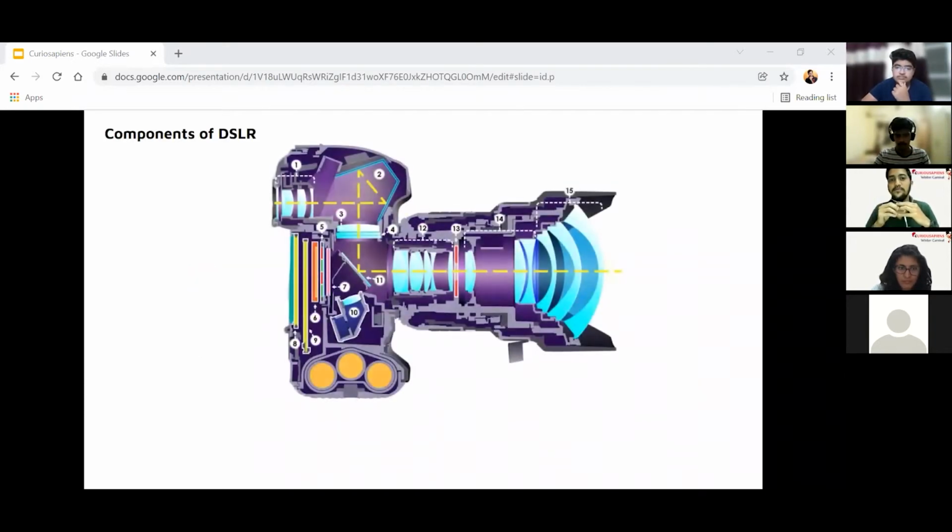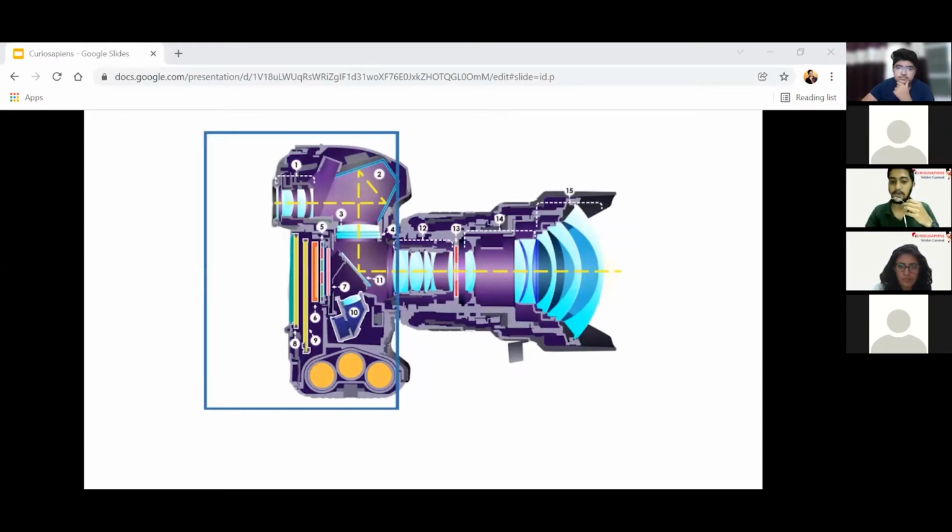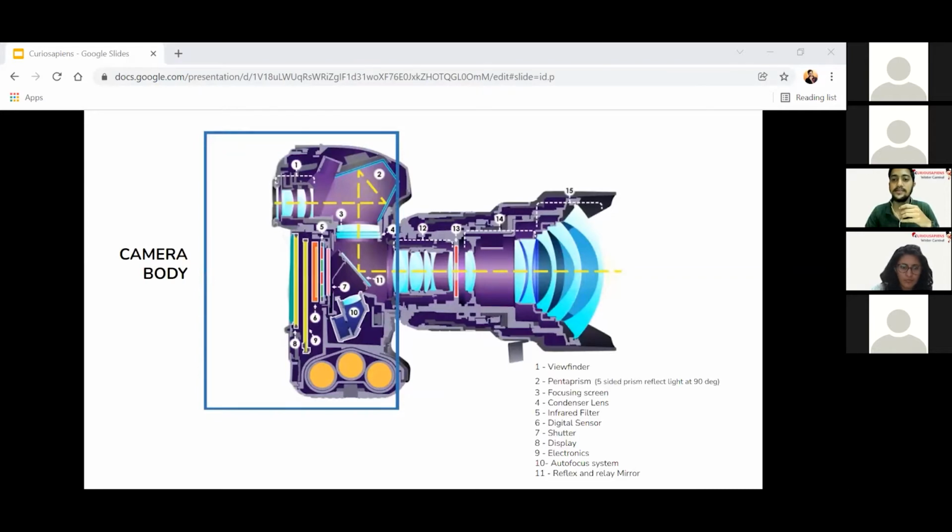We are going to know the components of a DSLR. So basically a DSLR camera. As I told, this is the camera body, and the camera body has several components that are attached to it. When you see a camera body, you see 11 major components attached to it. The first one is a viewfinder, and you have a pentaprism